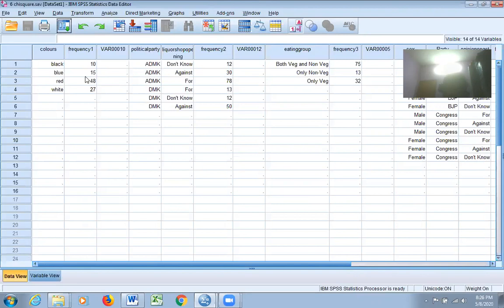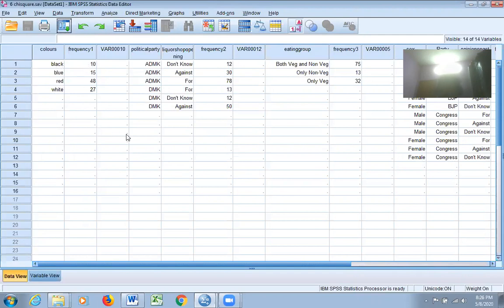What I have done is that I have just counted the frequency, a simple frequency count. How many preferred black, blue, red, white? I counted the frequency and the frequency is entered here. That means instead of entering data for each and every respondent individually, I have counted the frequency. Only the frequency counts are entered here.